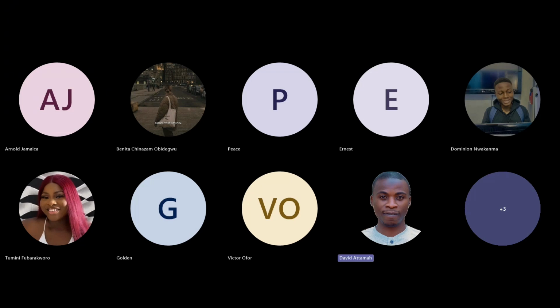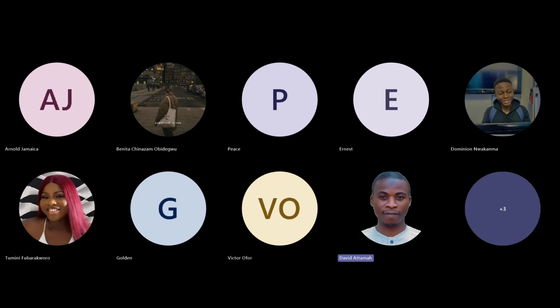Cloud computing is basically using another person's computer that is somewhere else over the internet. You are remotely accessing another person's computer from where you are. You're not with the computer physically. So you're using it through another computer over the internet. So when you come into the cloud computing space, as Tumini mentioned, there is IaaS, PaaS, and SaaS: infrastructure as a service, platform as a service, and software as a service. There is also